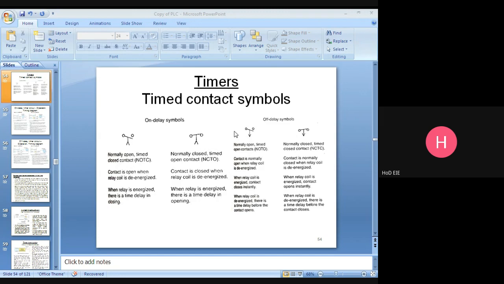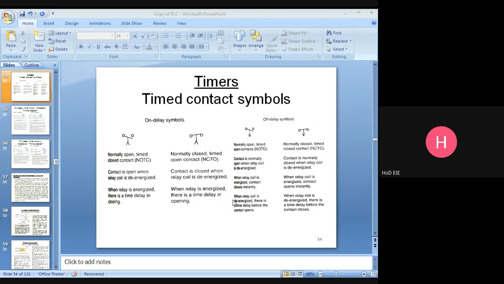Listen carefully. Normally open, timed open contact. Contact is normally open when relay coil is de-energized. When the relay coil is energized, contact closes instantly.